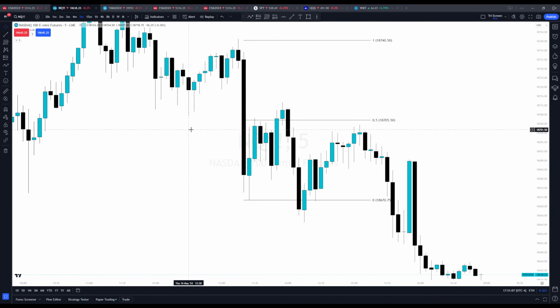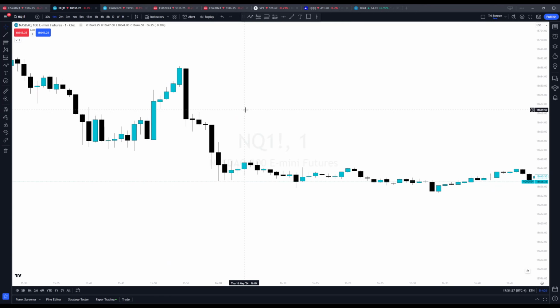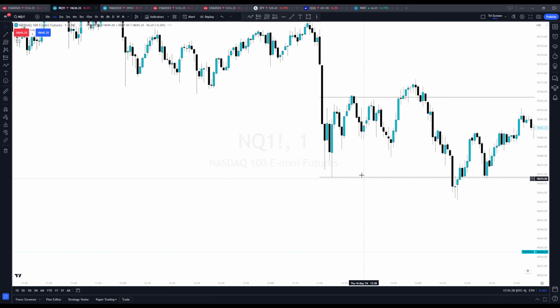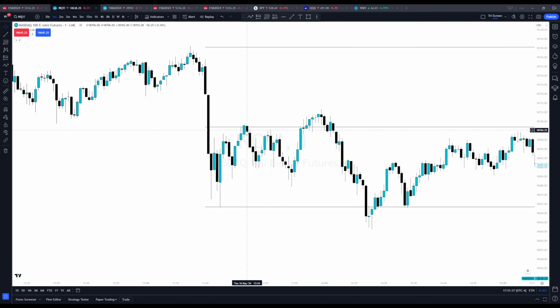I guess what I'm trying to get at is I'm drawing 50% and my fibs on every single time frame. I'm always looking at the 1, the 5, and the 15. So here, I see we're starting to get some kind of retracement. Obviously there's no 1 minute FVG that inversed, but this is where I'm expecting some kind of retracement to 50%.